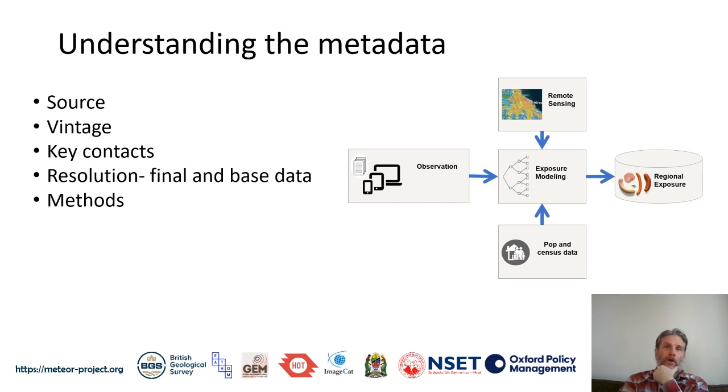So all of this is getting us to the key point that it's important to understand the metadata here. It's important to understand the source of the data, the processing steps, the vintage of the data, and key contacts: who you can talk to about how the data was put together if you've got any questions,